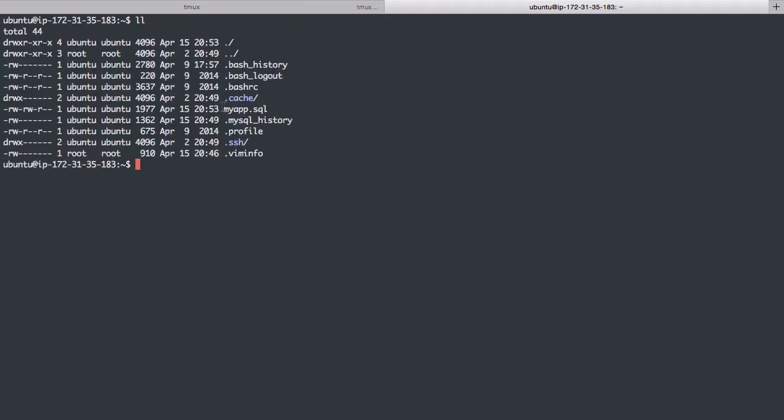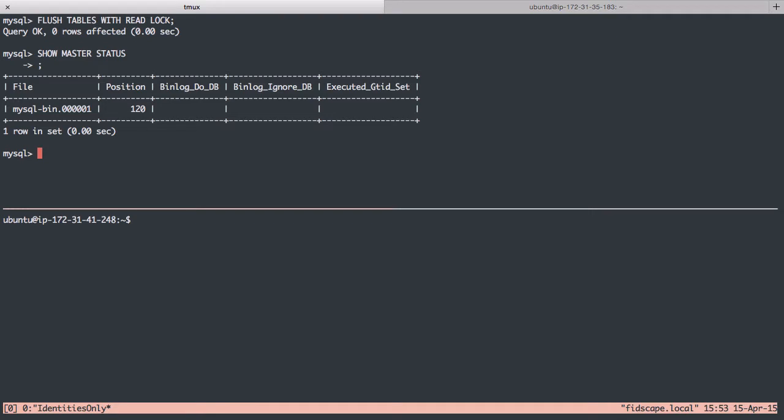And we can see that file here. Great. Now, I've locked the database, I've gotten the bin log position, I've exported the database. Now I can unlock this so that the database can continue on as normal. Alright, so the master server can be used again, it can be written to again because we've unlocked the read